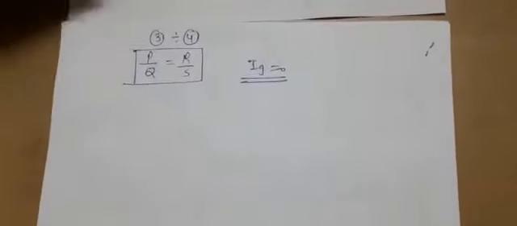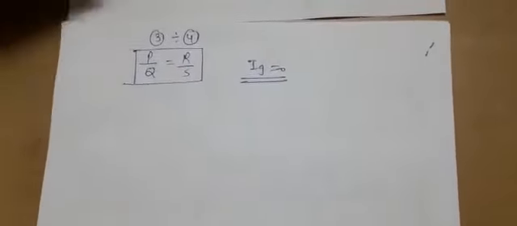Basically here you have to understand that if no current is flowing through this resistance, it means X upon 18 will be equal to 2 upon 6, because now we will assume the condition of a balanced Wheatstone bridge. So as per the figure, this was X, this was 18, this was 2 ohm, and this is 6 ohm.